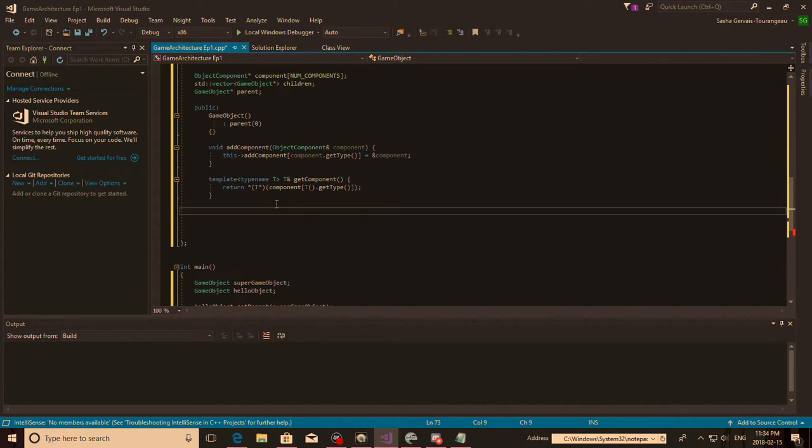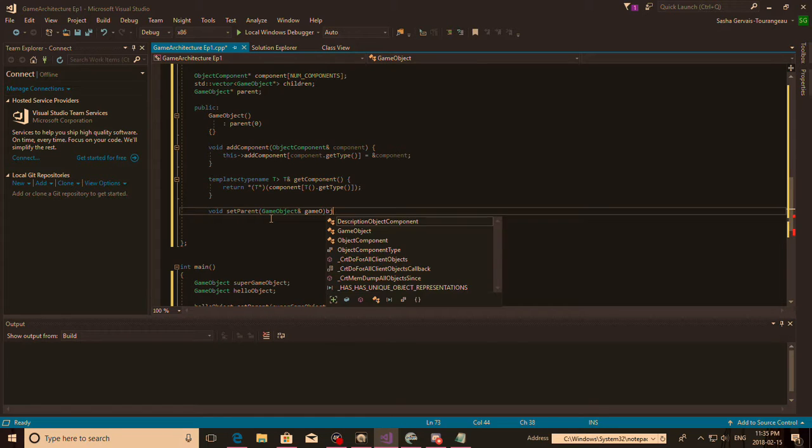So we're going to do another part right here where we're going on to the parents now. Set parent. These are a little less confusing here, more to do with the vector managing, right? Managing your vector here. Game object,